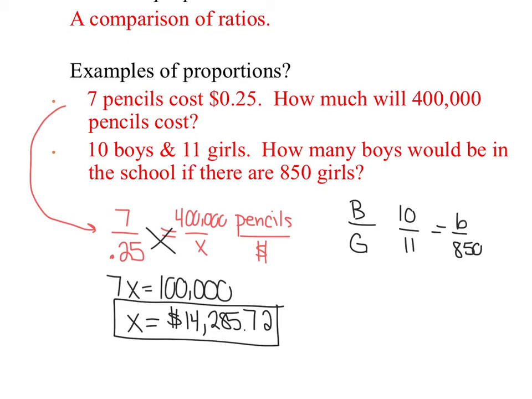All right, let's use little b. So 11b equals 8,500, right? If I cross multiply, let me show that. Cross multiplication. Okay, so now 8,500 divided by 11, we get a decimal. It should be about, we're going to round up, 773